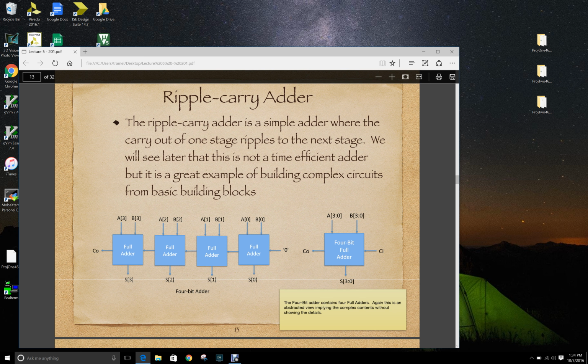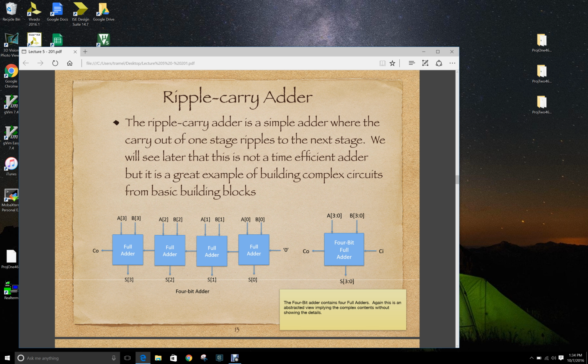So what we're going to do is create first a 4-bit adder, which takes 4 full adders, distributes the data input A and B to the 4 adders, generates the output sum from the 4 adders. The carry out comes out of the most significant stage, and the least significant carry in has a 0. We can then abstract that as a 4-bit adder cell, and now we have a building block that we can use to create what we call hierarchical designs,